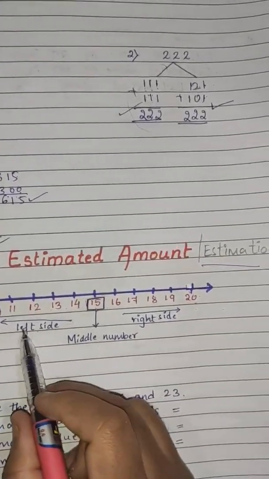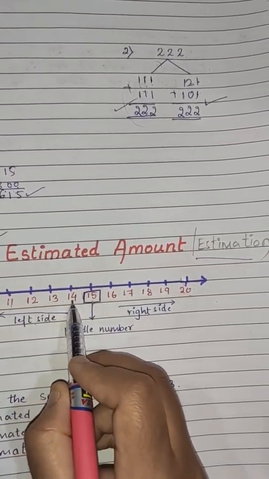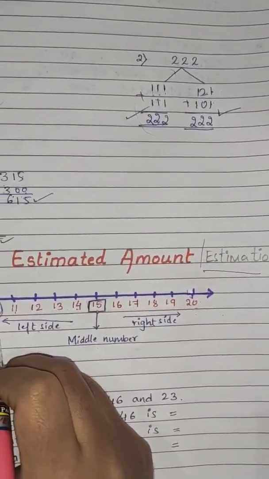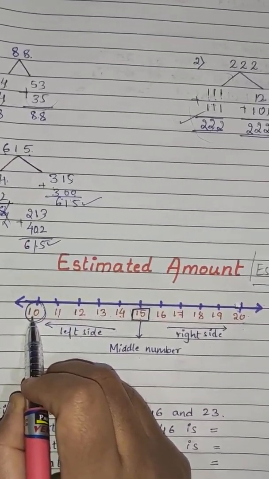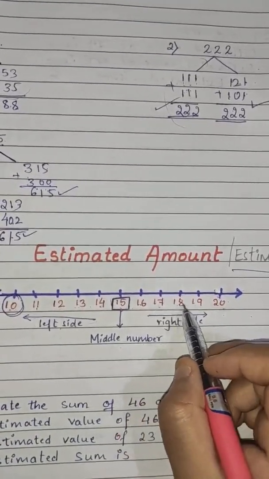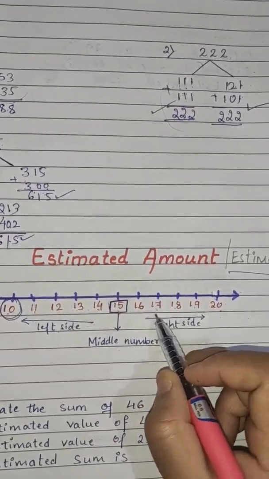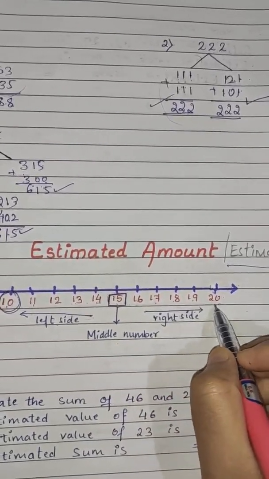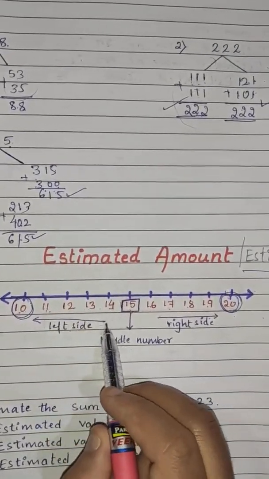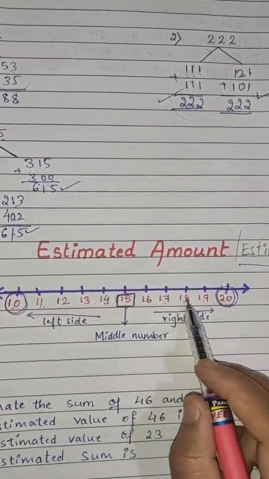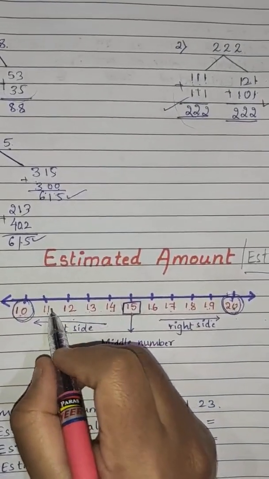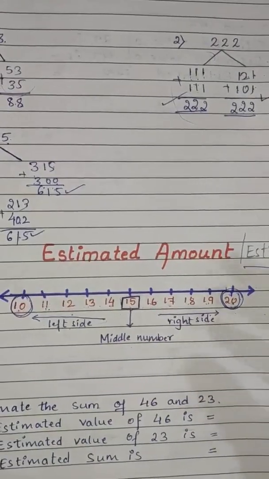Yes, the numbers 11, 12, 13, 14, which are towards the left side, are near to the 10. Understood? And here the numbers 16, 17, 18, 19, towards the right side of the 20, are nearer to the 20. So these 11, 12, 13, 14 are nearer to the 10, whereas the 16, 17, 18 and 19 are nearer to the 20. Now we'll tell you how to find out the estimated value